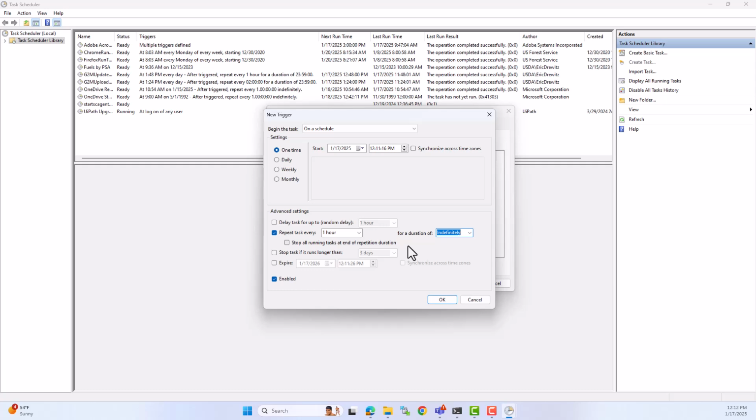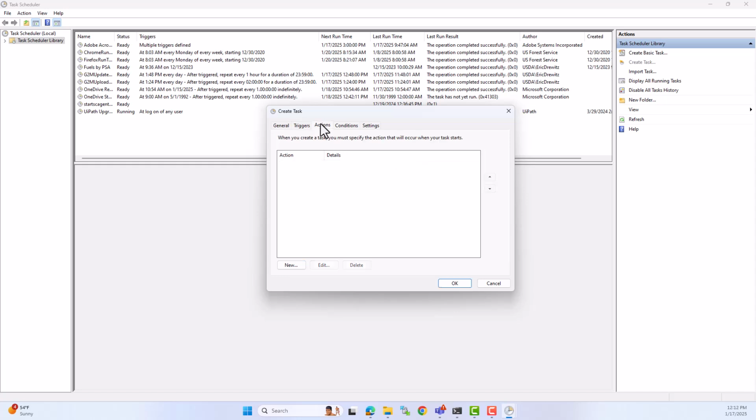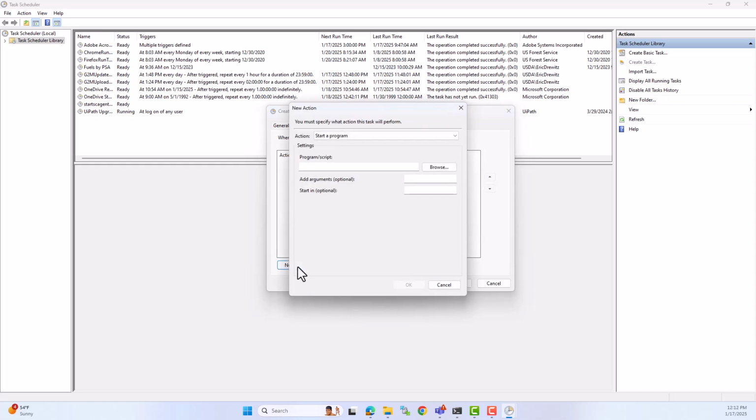And so then we'll click OK. Now we want our actions, and we want to select new. This tells you we want our action to be start a program. There's other things you can do, but anything with FireWxPy, start a program, that's what we want. So this is where we basically tell the computer where our environment is, and where the file is and the directory